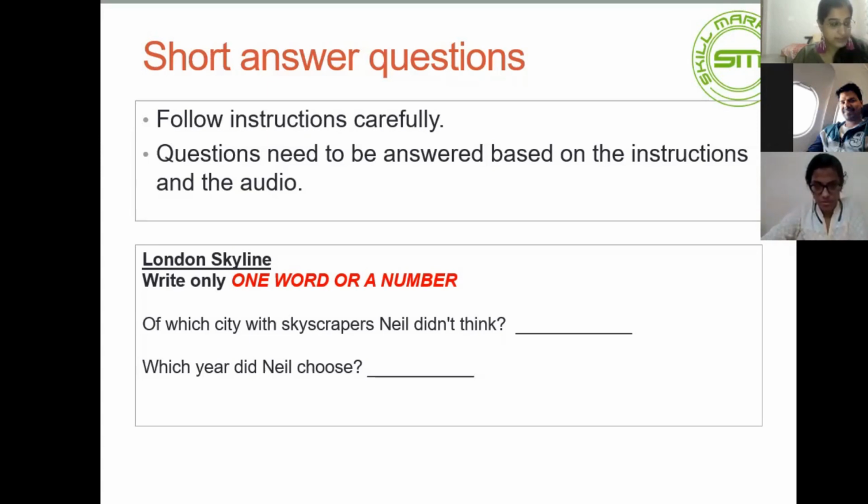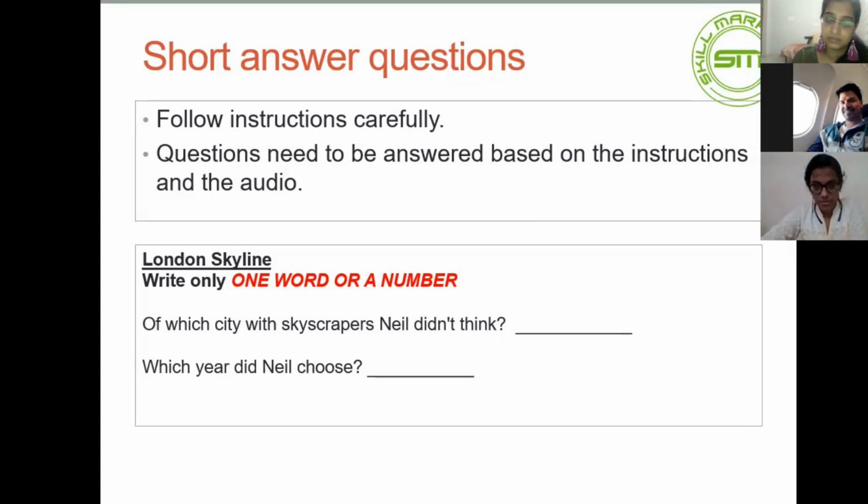Well, I like the nicknames. I think they're really fun. And actually, I quite like the buildings too. They're quirky, which means unusual, odd, in a nice way. Yeah, I agree. But today we'll be talking about why many people are unhappy about these new skyscrapers and learning some language about towns and buildings.